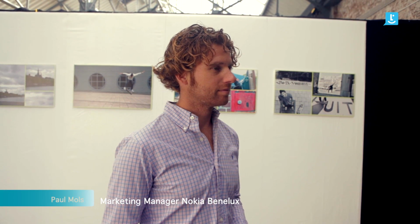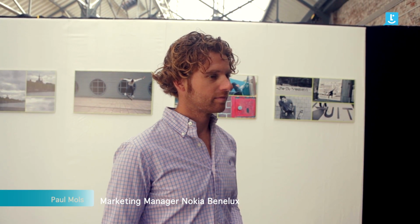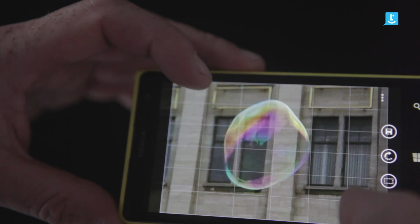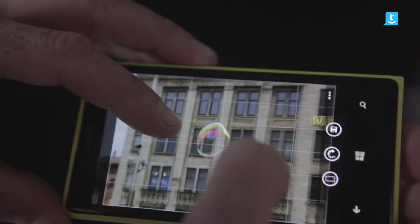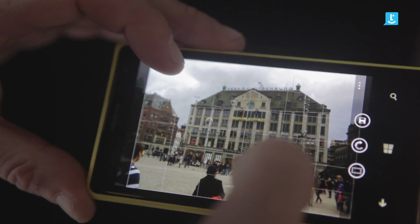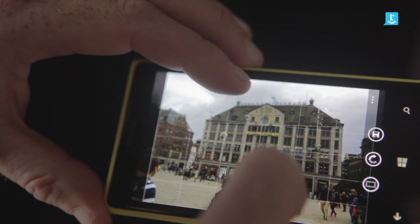So we're here in Brussels with Look at People, and we've just seen a demo of the new Nokia Lumia 1020, and we were pretty impressed with the specs. So can you tell our viewers why we should buy this camera phone and what makes it so much different than the other ones? Yeah, it is a different camera phone than the other ones, mostly because they have 41